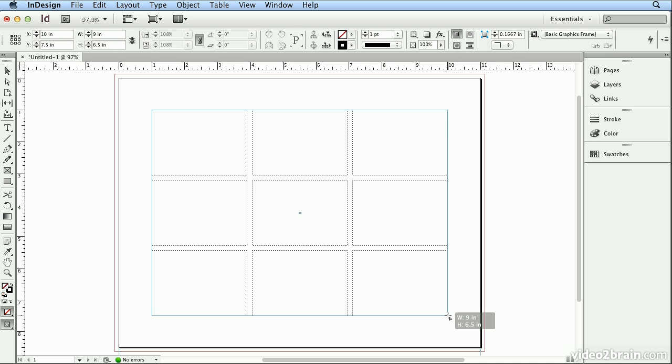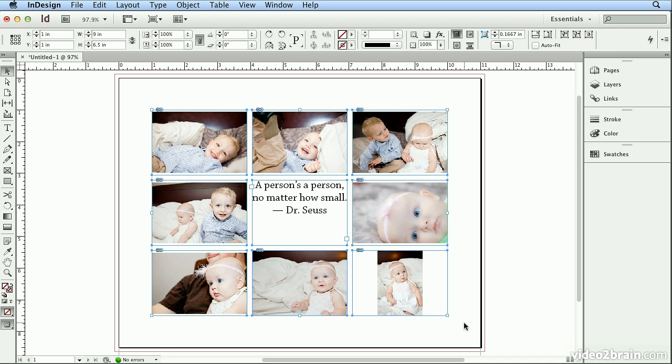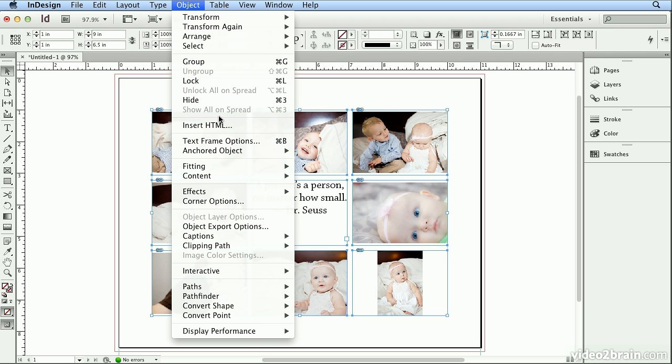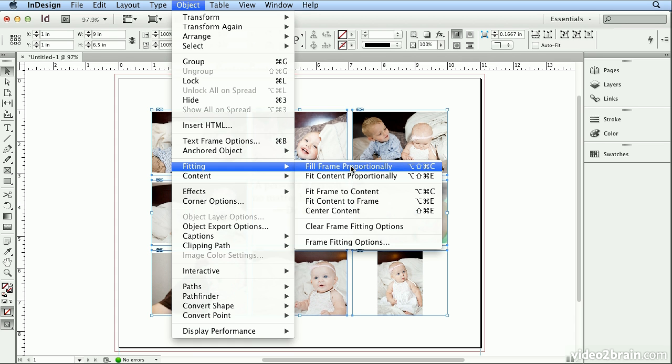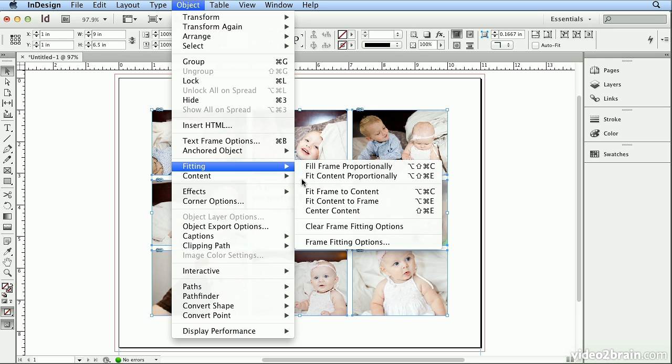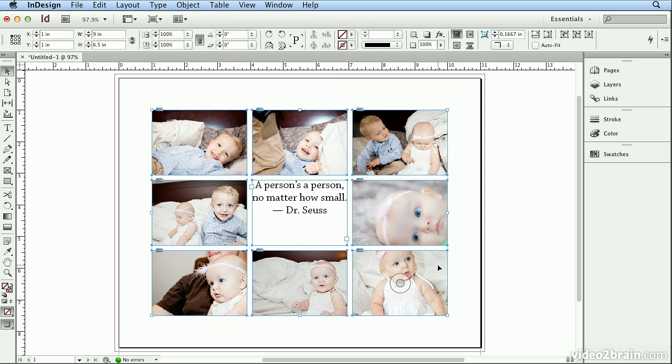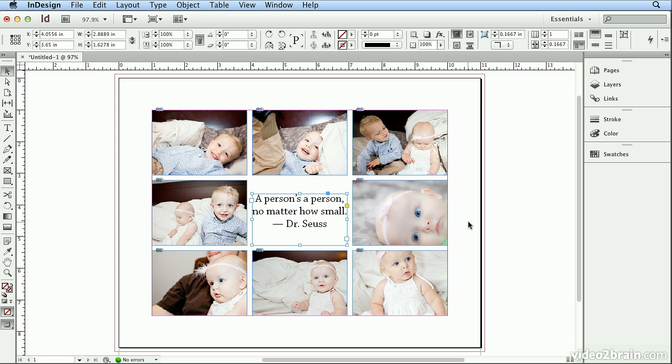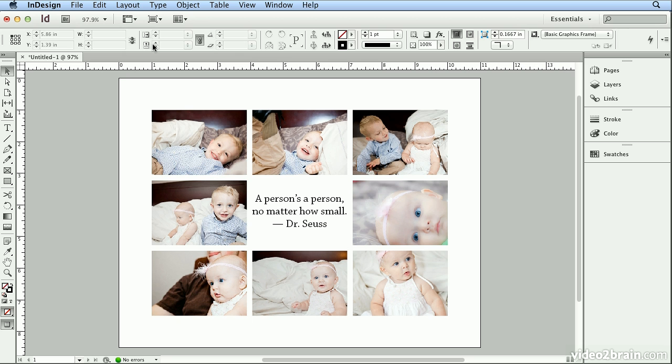When I fill my margins, now I can safely let go of my mouse, and it has placed all of the images. I can choose Object Fitting and Fill Frame Proportionally to fill every image in its sized frame. And you could also try Object Fitting Center Content, but it looks like they were already centered. I'll click away and click on this quote in the center and just move it down a bit visually. Click away one last time and switch to preview mode, and there you have it, a grid of images all